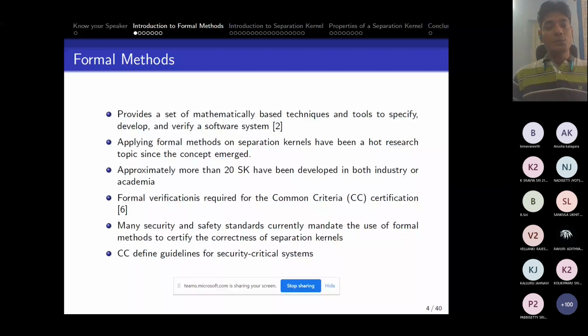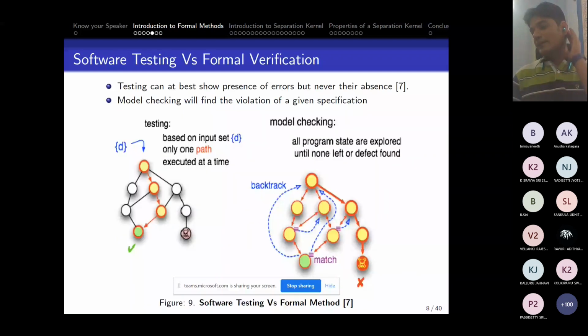So before coming to anything, I just wanted to show you this slide to understand in a better way the difference between software testing and formal verification or formal methods. So for example, let's say this is a graph, or you can say a tree. This is a tree or graph, whatever you say. So in this graph, actually what we can see is,